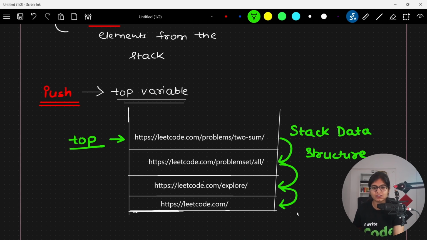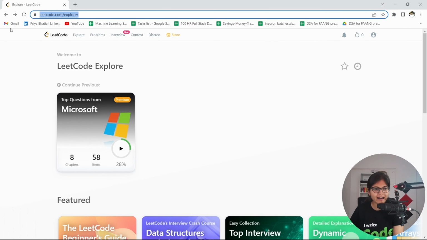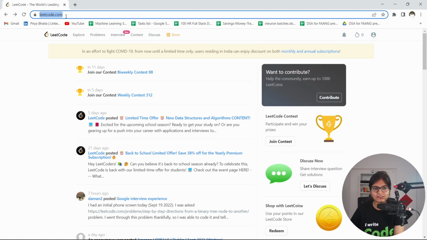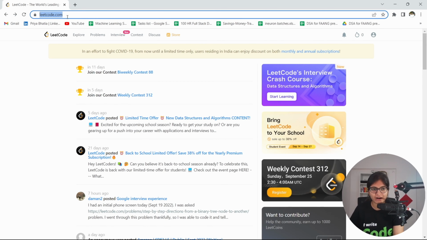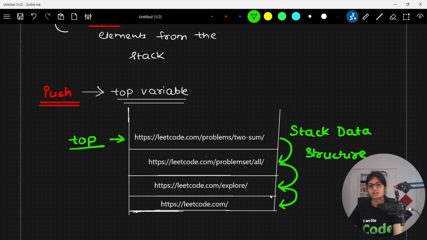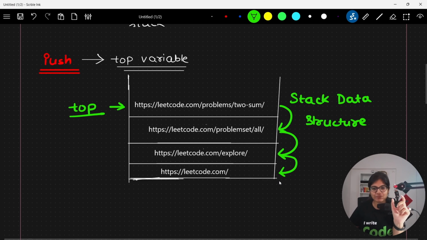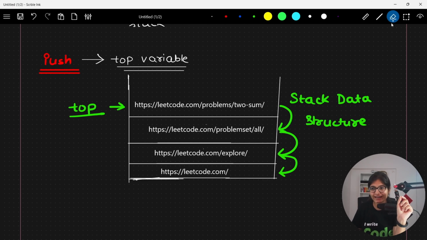I will go towards where I started. This was the first link which I opened, so this was something which will come out last. So if I go back, you will observe that this is the last part which I have opened. So basically what I am saying is that this is a very beautiful application of the stack data structure,